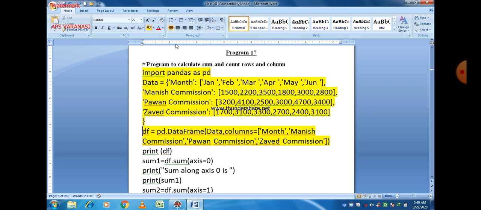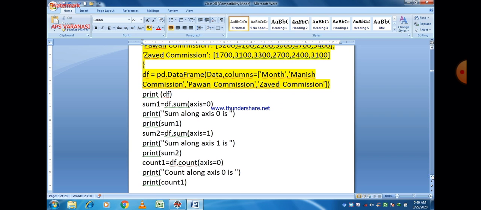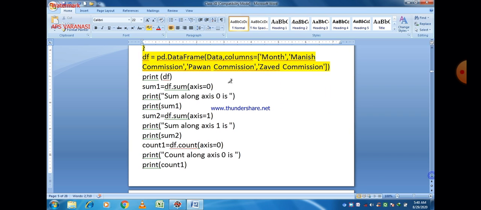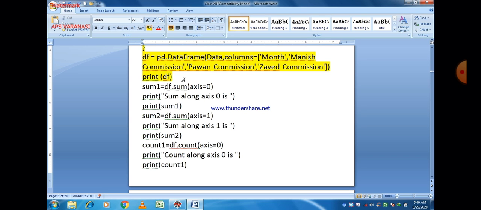If we don't write it, then they are also taken as column names by default, because these are the names of the keys. And after that there is a print statement, print df, so the data frame will be printed after the execution of that statement.